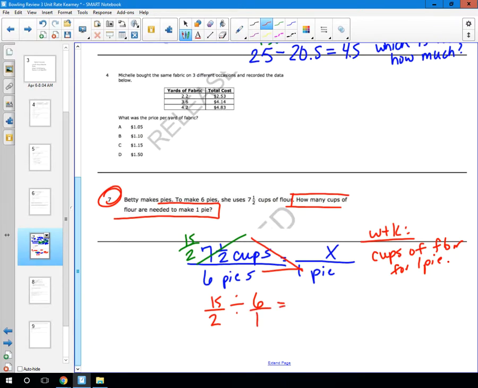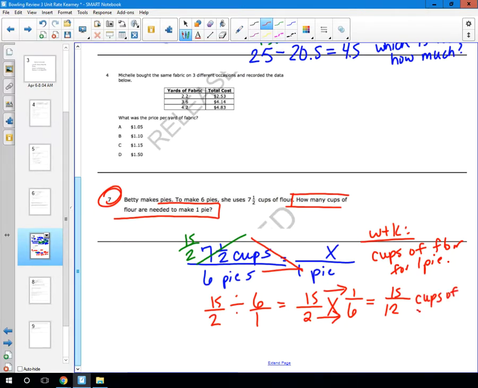And then to divide fractions, think back to your big ideas. How do we say to divide fractions? Keep, change, flip. We're going to keep the first one, change to multiplication, and flip your 6 over 1 to 1/6. And then we can just multiply straight across. So 15 times 1 is 15. 2 times 6 is 12. So 15 over 12 cups